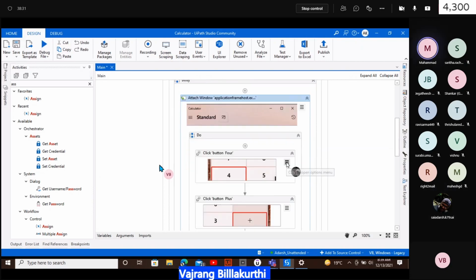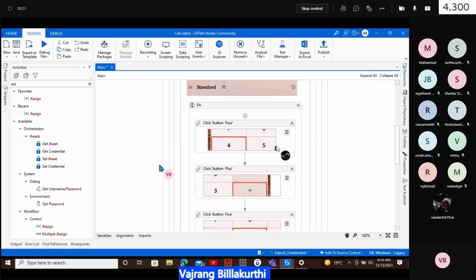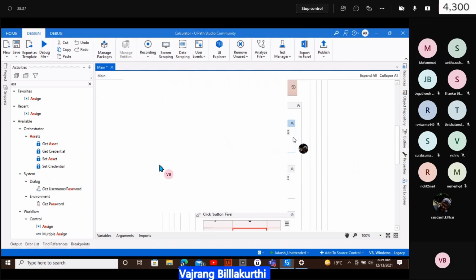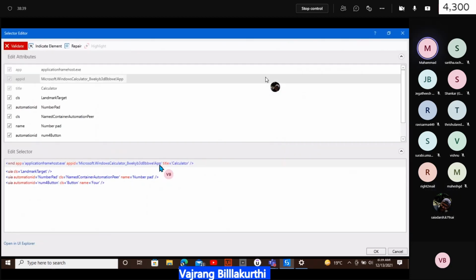Open that, edit the selector. Scroll down or make it bigger. See, button name equal to 4. Instead of name equal to 4, if you can remove that and see the number on the left, num4 button. If you can directly make it dynamic, then it will work, right?